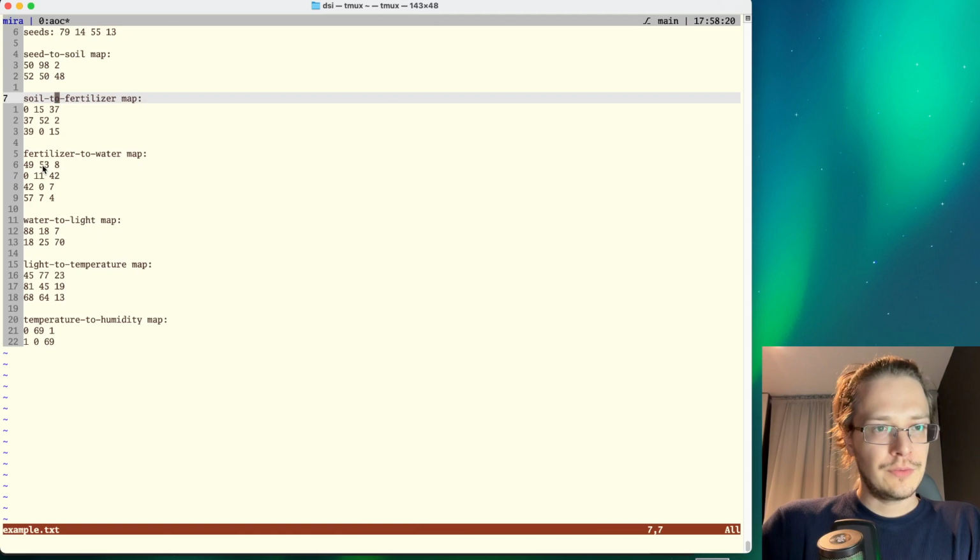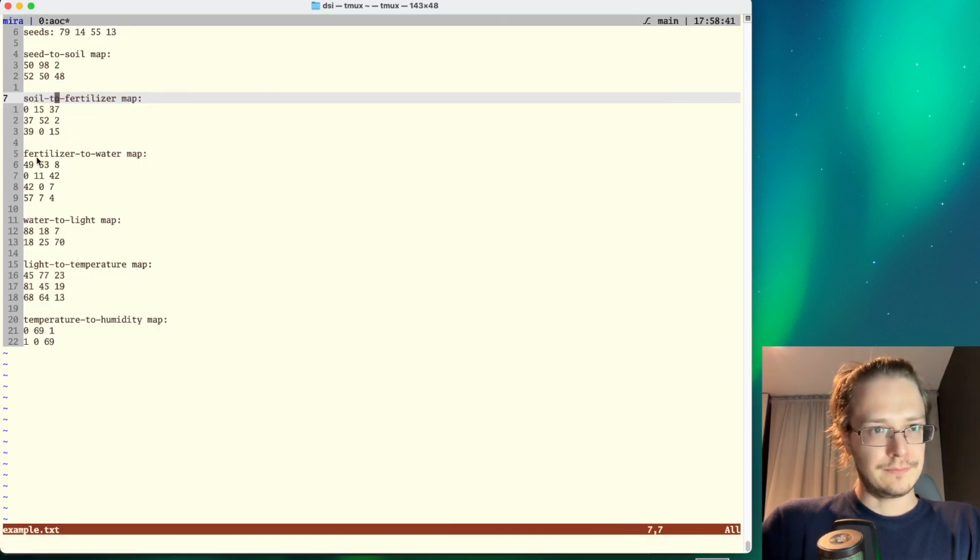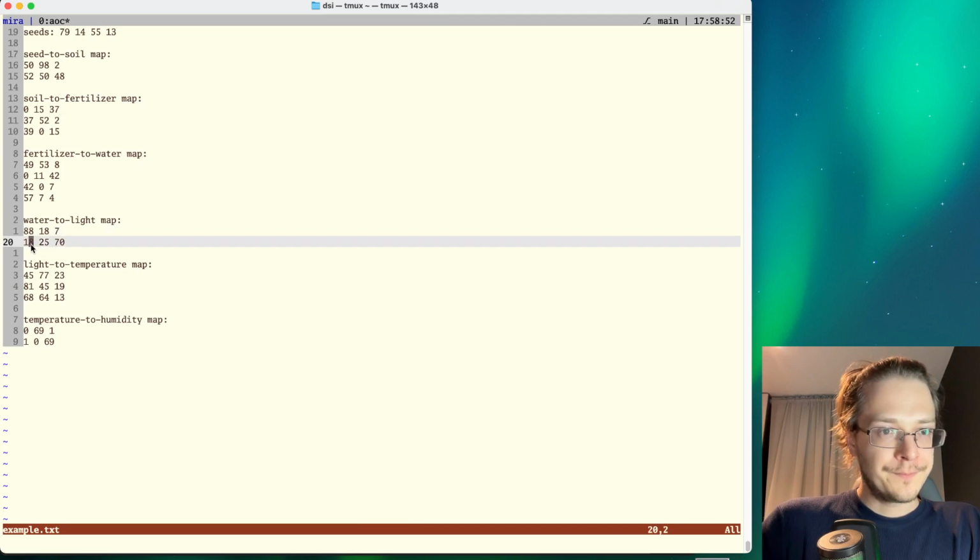Soil 81 maps into what? Is there any range that it can go into? No. So it maps to fertilizer 81. Fertilizer 81 maps to water. Is it 81 again? Yeah. Water 81 maps to